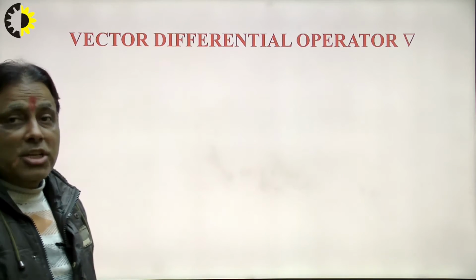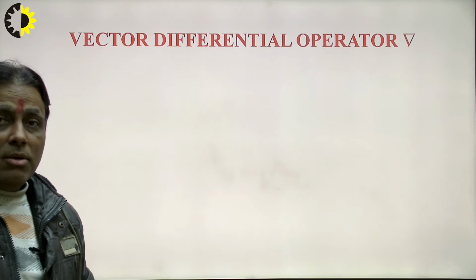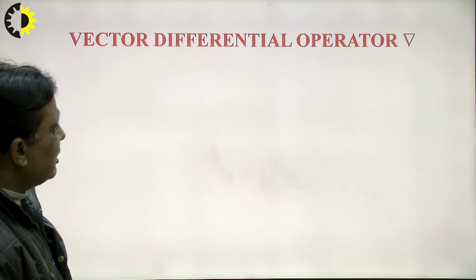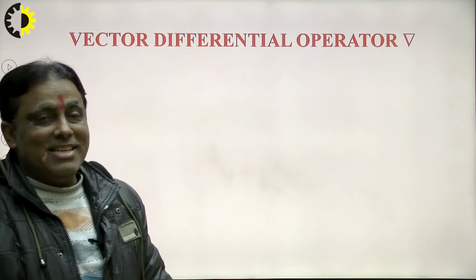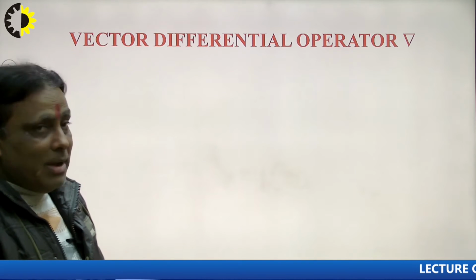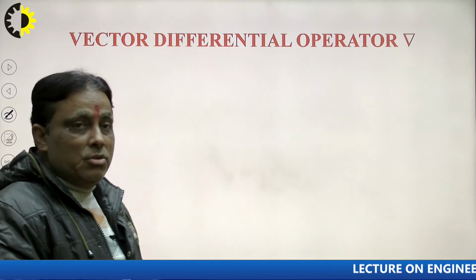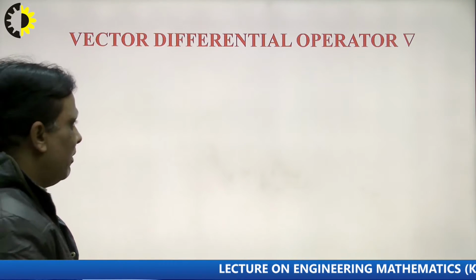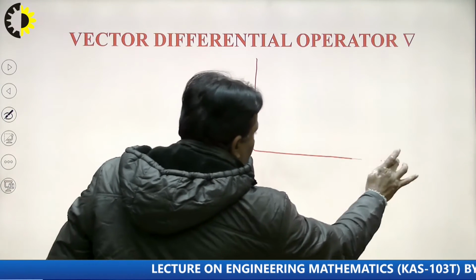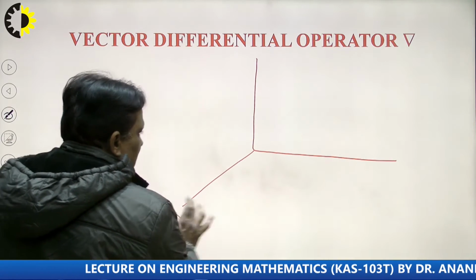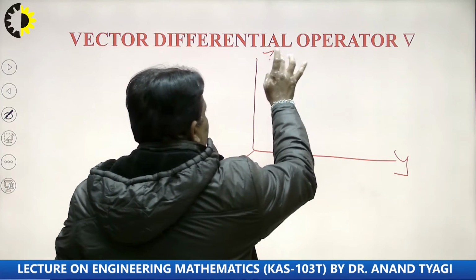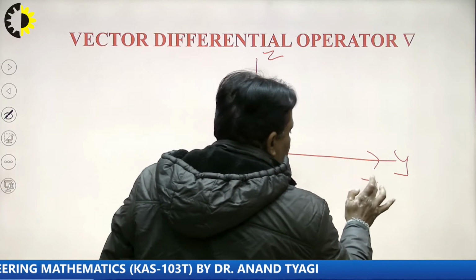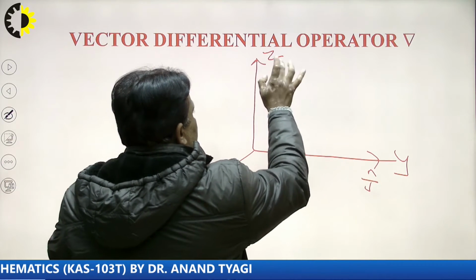And the vector differential operator del plays the most important role. When Leibniz started differentiation as well as partial differentiation, they were unable to explain the role of partial differentiation in engineering and technology. But after this, the mathematicians Euler and Newton both derived many results, and I explain one by one. Suppose there is a 3-dimensional space with x, y and z. In this direction i cap is the unit vector, j cap is the unit vector, and there is k cap the unit vector.